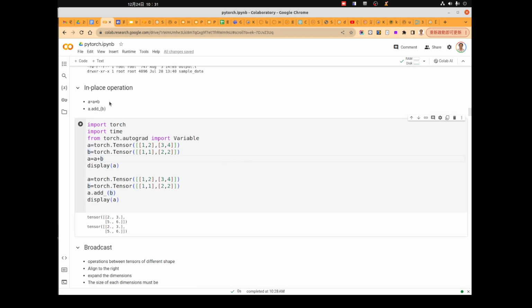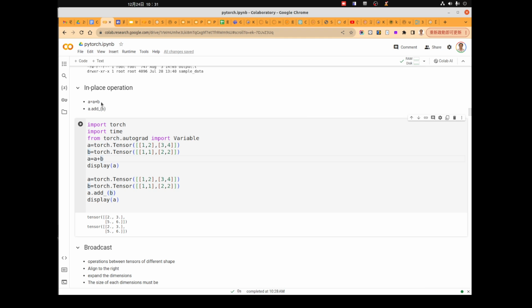And there is a very important thing we need to know. When we write a = a + b, it means that we will create a new array a + b and save it into the array a.